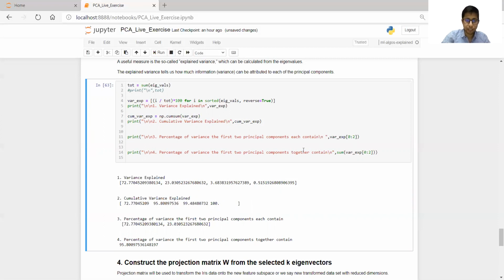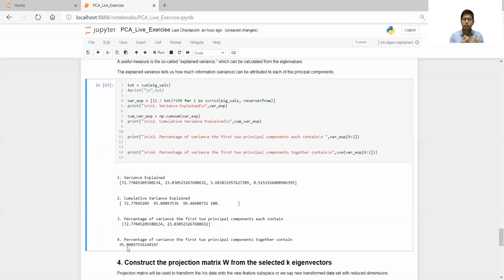And then in the next step, we want to calculate the percentage of variance the first two principal components contain. If you sum these two, that is 95, so the percentage will be 95%. This decision is ours. Ultimately our goal is to come up with the top K principal components, meaning the top K feature space.